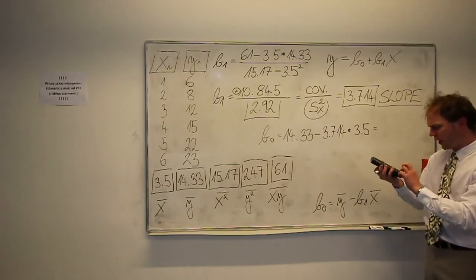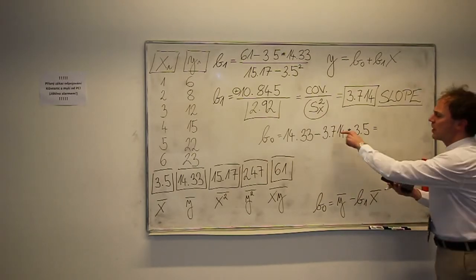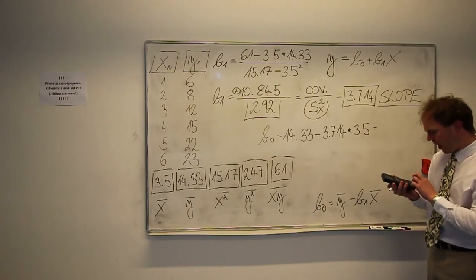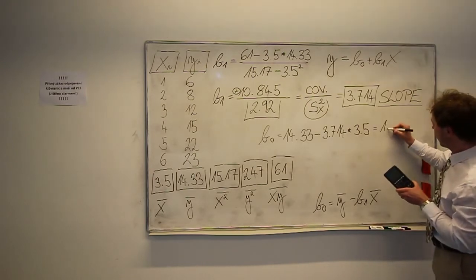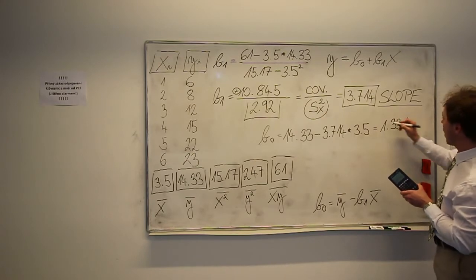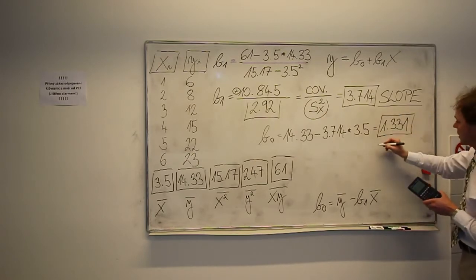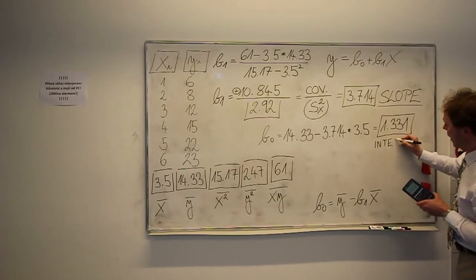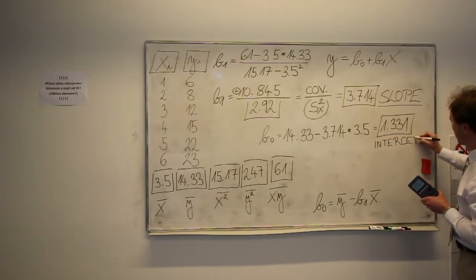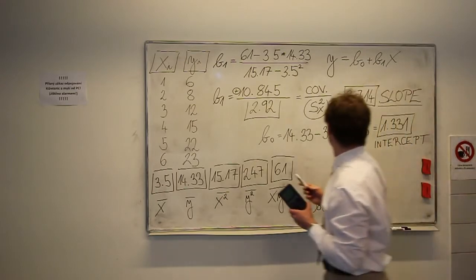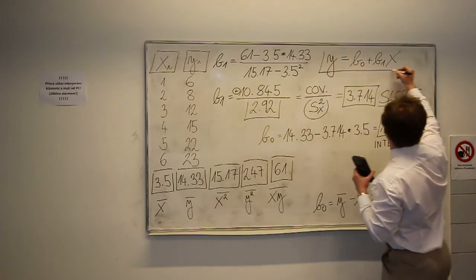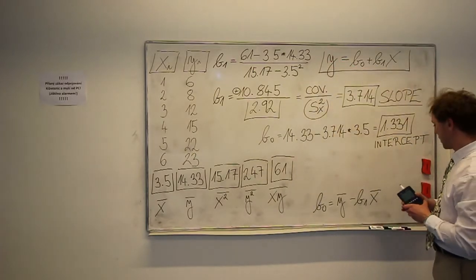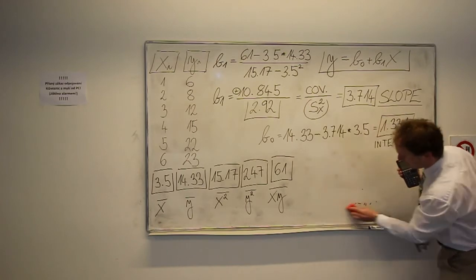Okay, 14.33 minus this result times 3.5, enter. 1.331, and this is the intercept. So we have calculated the intercept and the slope of this regression line, and finally it's necessary to write the